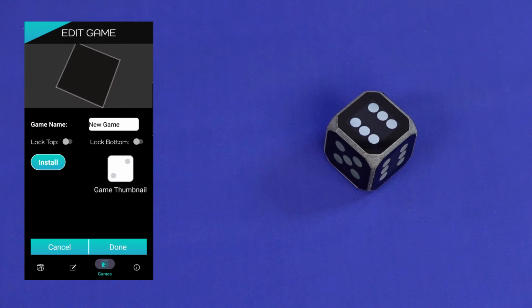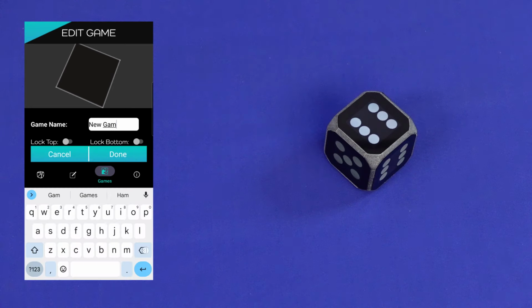So each game is a set of 6 skins that you've uploaded onto the dice. You've got the option here, lock top and lock bottom, so I can make it so that a certain dice always appears on top. That's part of, particularly when you program full games that use the dice. But here I'm just going to do a simple one. I'm going to set my